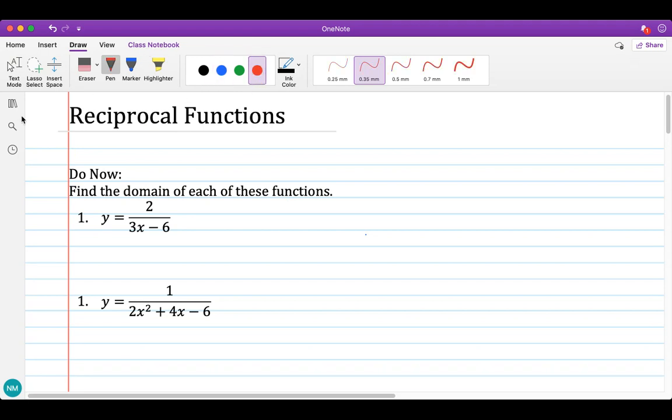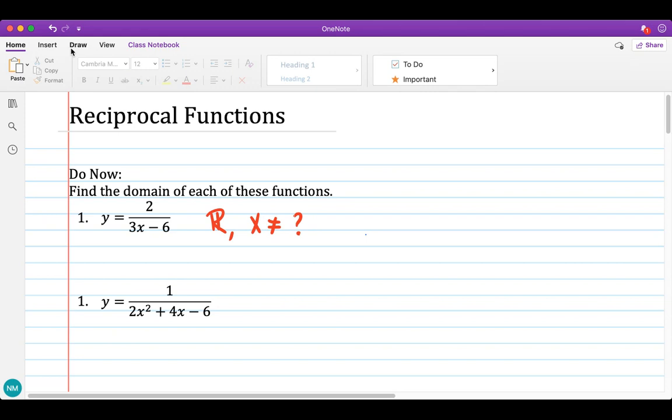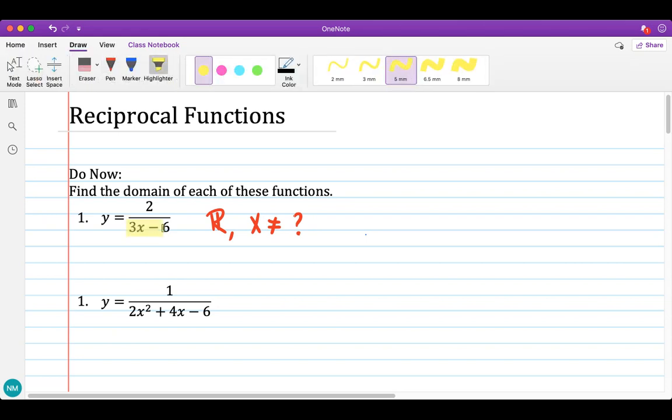So to find the domain, you have to set your denominator equal to 0 or not equal to 0, right? So we always start with all real numbers. But then, let me rewrite that, all real numbers, but then x cannot equal what? So I take my denominator, which is 3x minus 6,